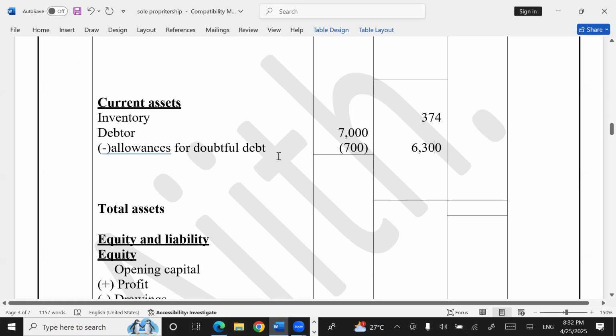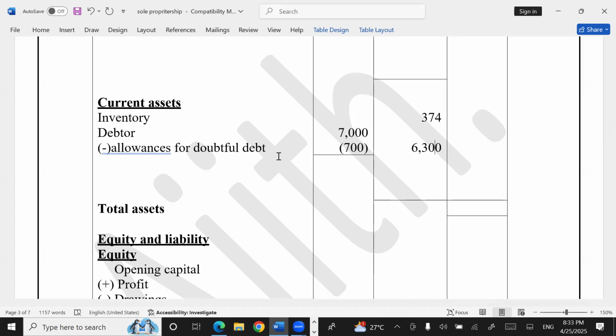Right, interrelated adjustments should be done from the beginning. First one, sales invoice. Second one, goods sent on sales or return basis. At the same time, inventory adjustment as well as bad debts and doubtful debts. All other adjustments can be done from the beginning. Then the second adjustment